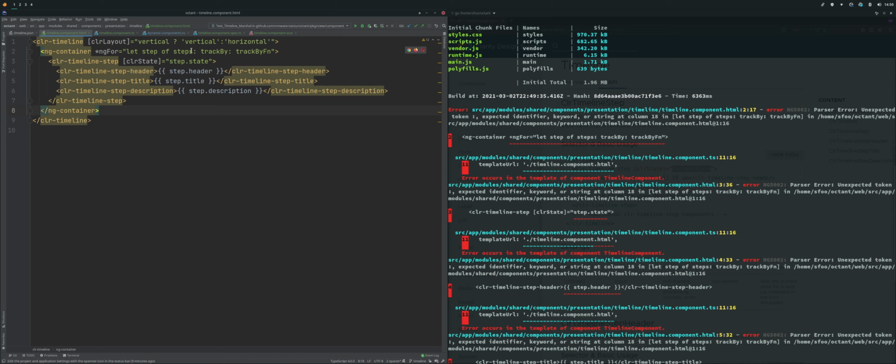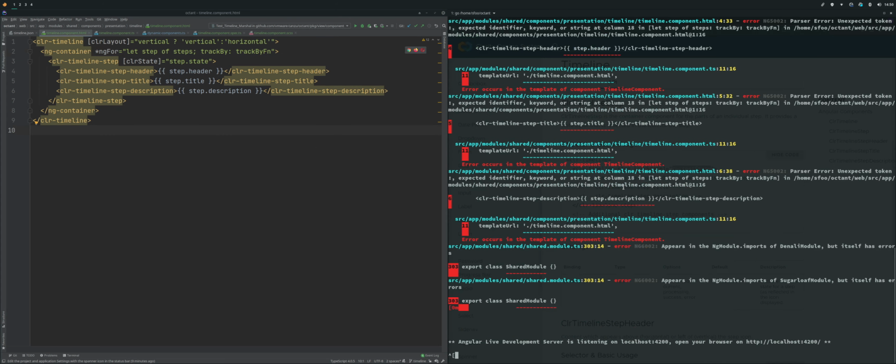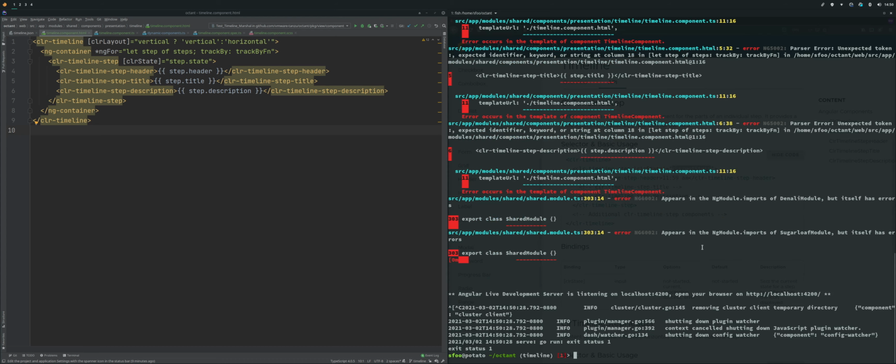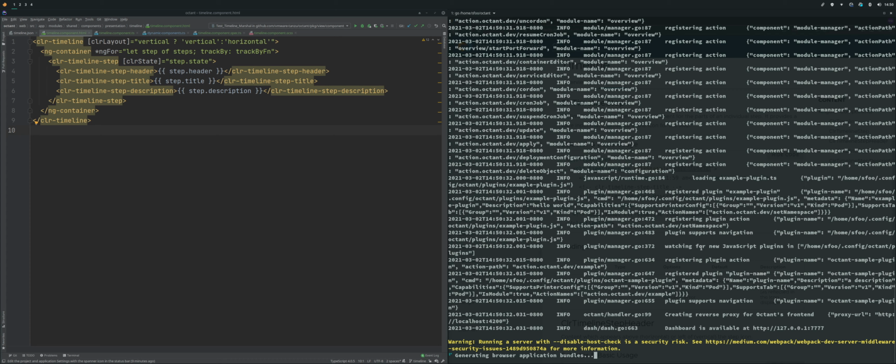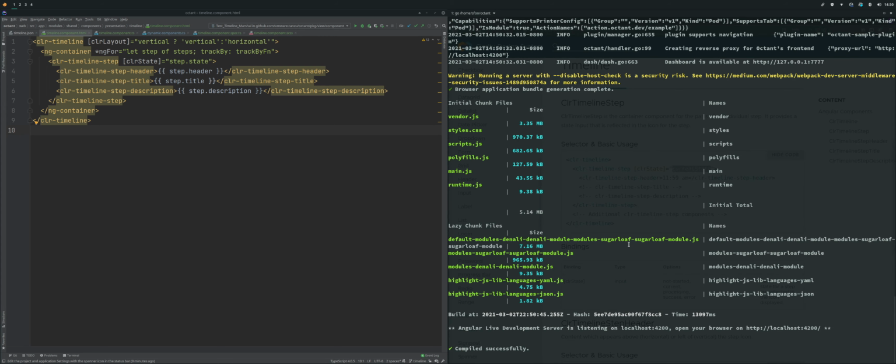Oh, there it is. We should not have a colon there. It should be a semicolon, and save. Maybe it's happier with me this time. Let's try this again. Cool. All right, so now it is successful,